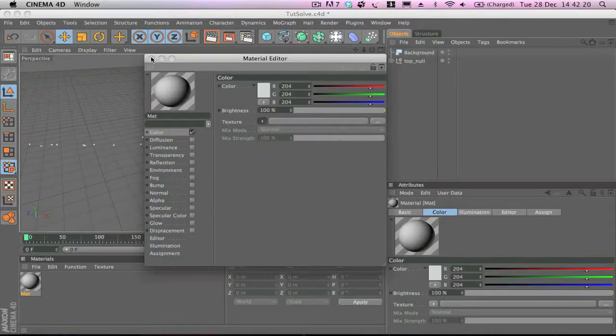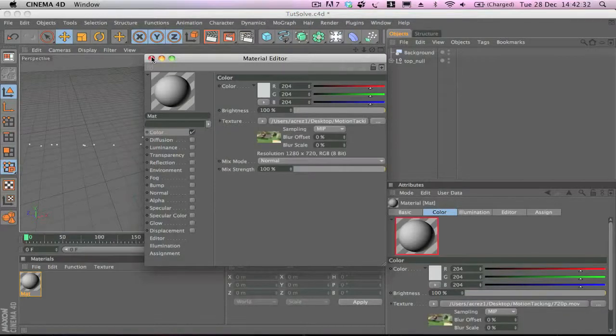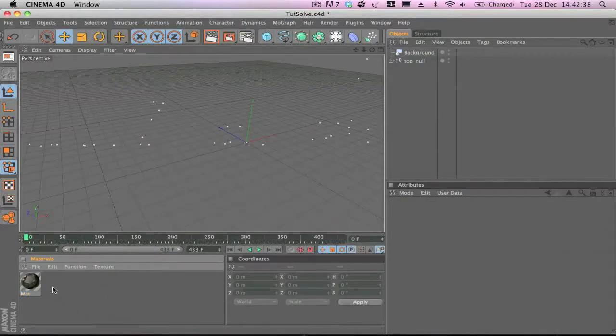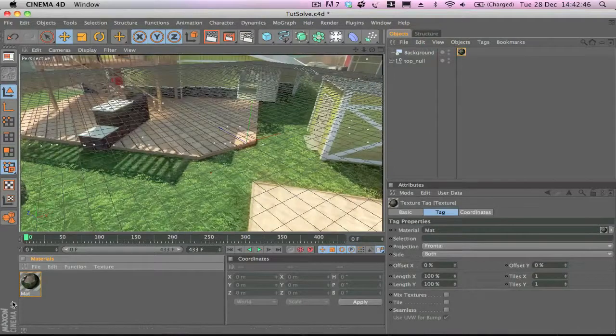And then what this is going to do is upload the video file, and then we're going to drag it over to the background, and then the background will have our video file ready to add some text to, and then some shadows and all that good stuff. So once that's done, just drag the material over to your background and drop it onto the background. Cool, so we can see now if we scrub through,